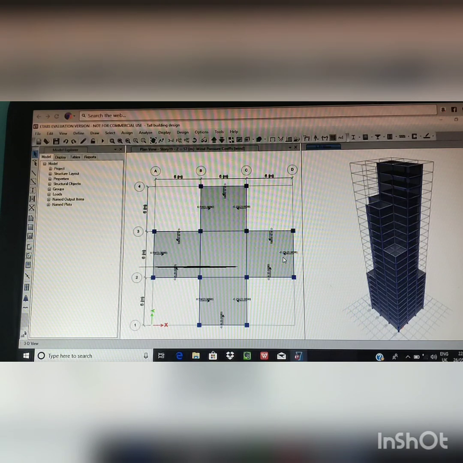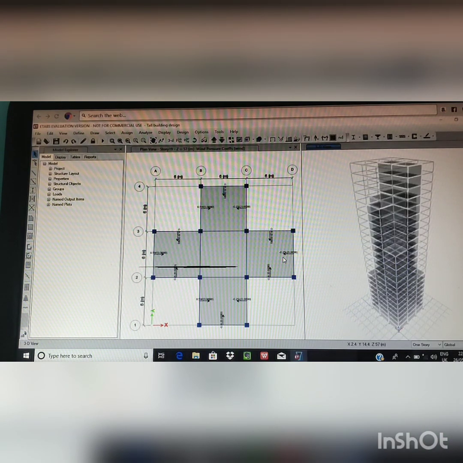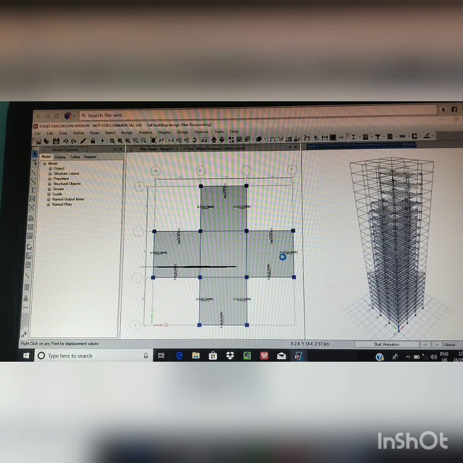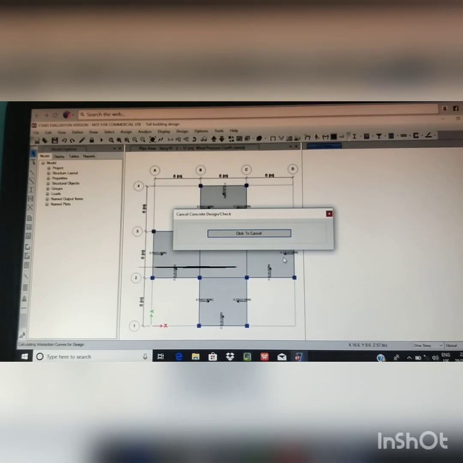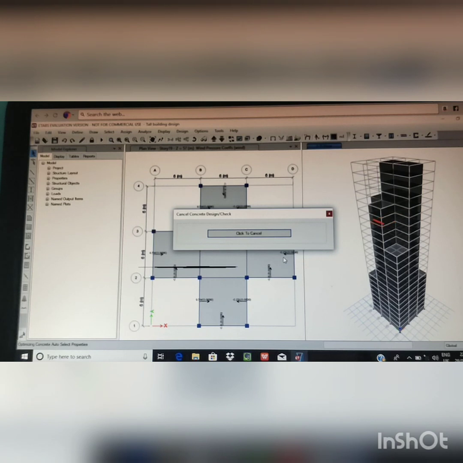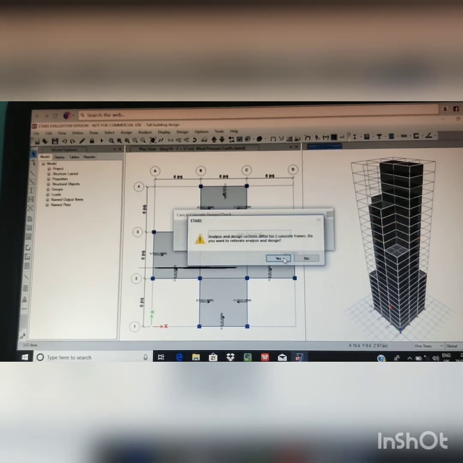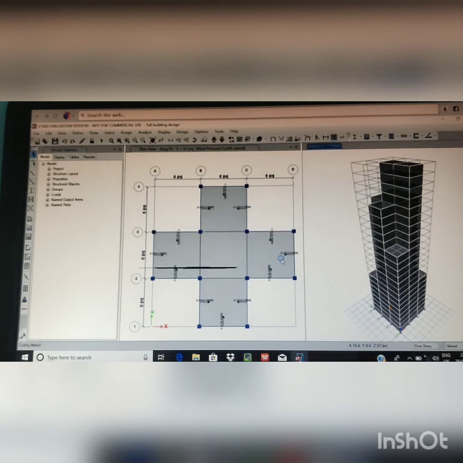Software automatically changes its dimensions and makes it safe. If again differ, then again click on yes.